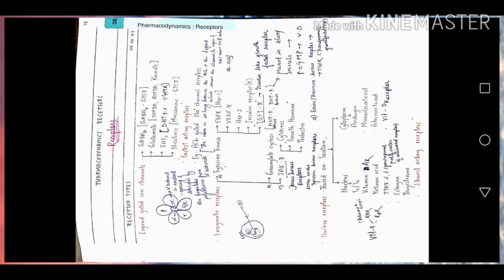Okay. For example, take the nicotinic receptor. Okay, the nicotinic receptor is a pentameric receptor. It has 5 subunits: alpha, beta, gamma, delta, or epsilon. It includes 2 alpha subunits. Here the alpha subunits are constant subunits. They have finger-like projections towards the lumen. So whenever a ligand comes and binds to the alpha subunit, the projections that are present in the lumen move towards the alpha subunit and the mouth of the lumen opens up.